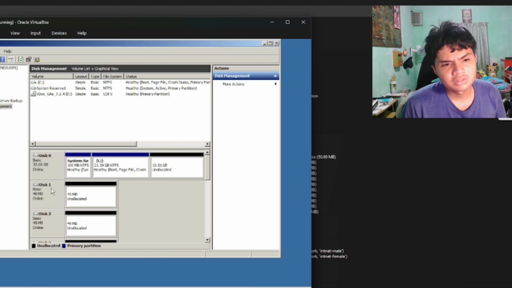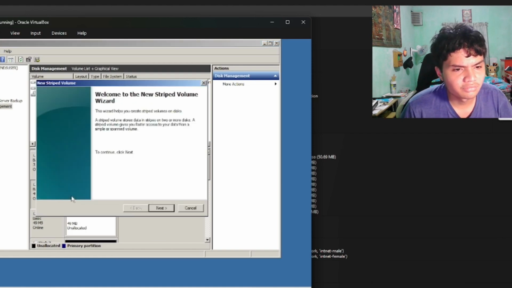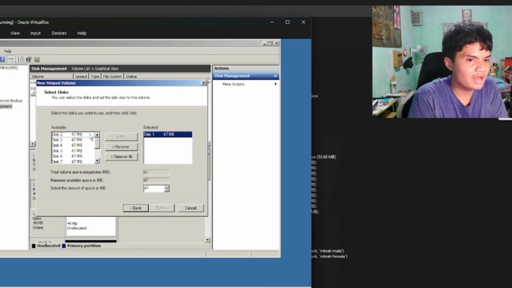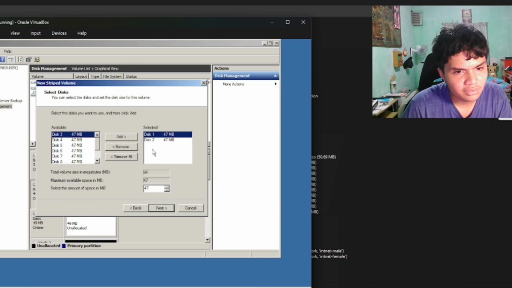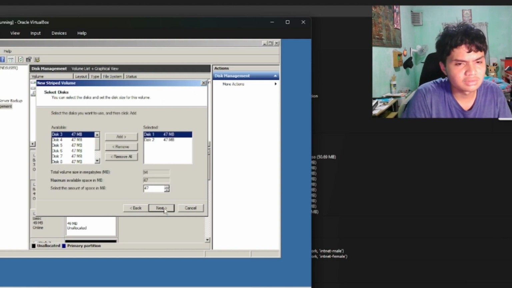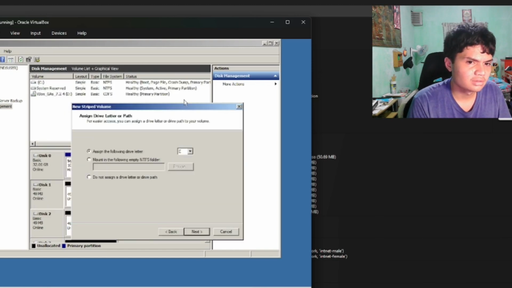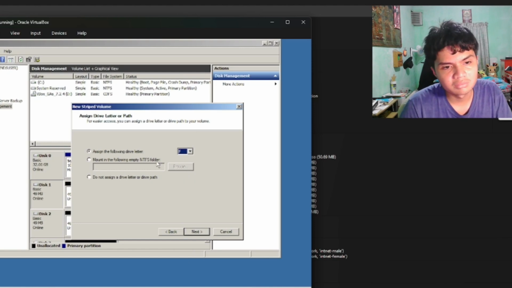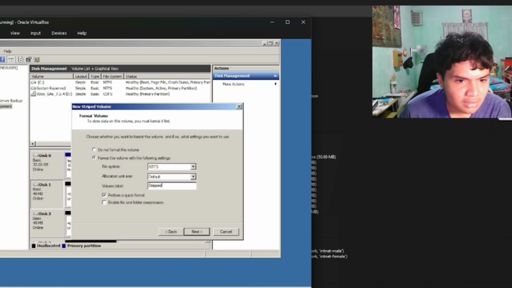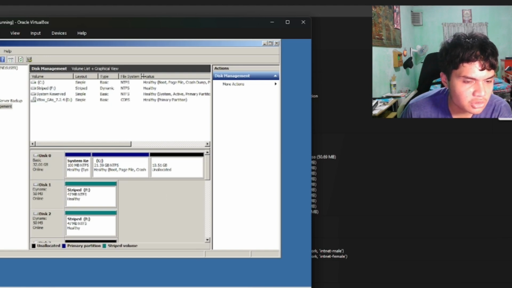What we need to do is create first a striped volume. So there's 4 types of disk in this RAID. So let's go and press next. Then assign a letter. Each is automatically inserted, so you could just press next if you want. But I'm gonna put F for this. Then we can label it as strip. Then here we go. It is now labeled as strip.